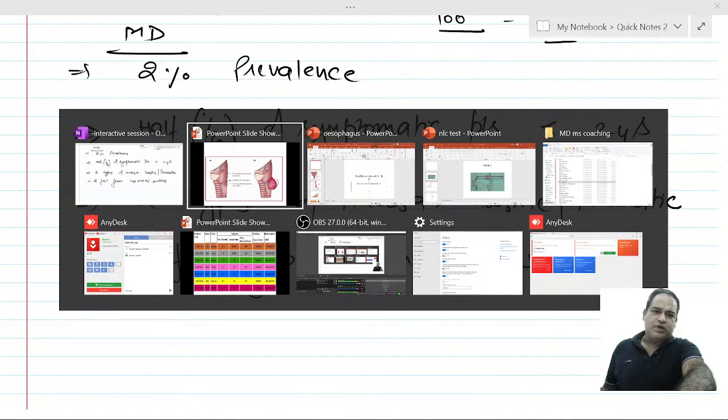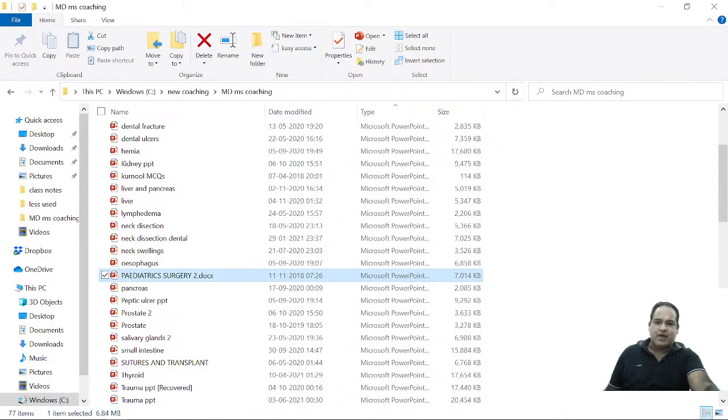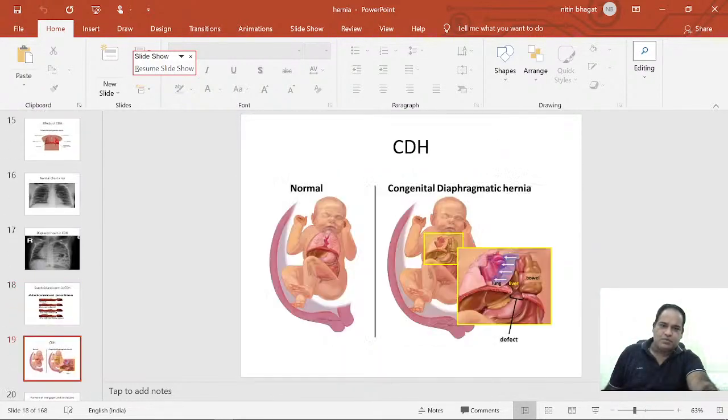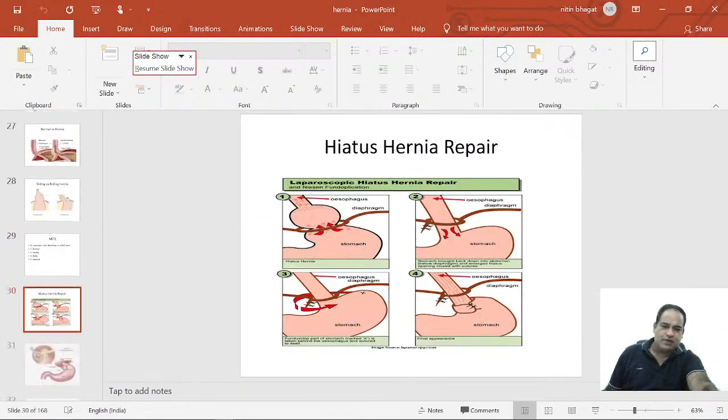See, these are the broad topics. At this point of time, suppose you want to understand the topic of hernia. Don't you think it's a bit too much? Of course, I'm always there to tell you about it, but then,